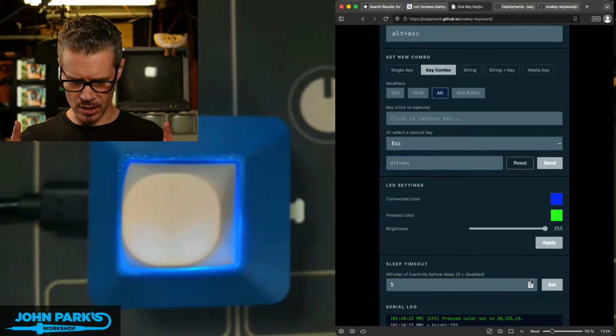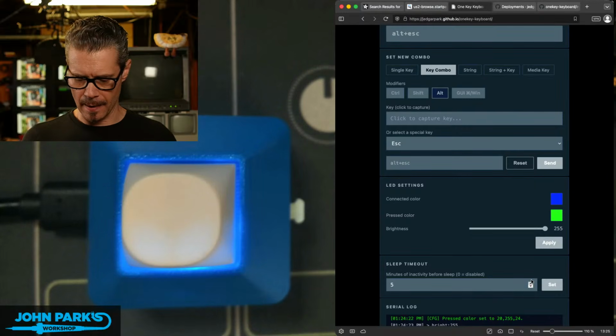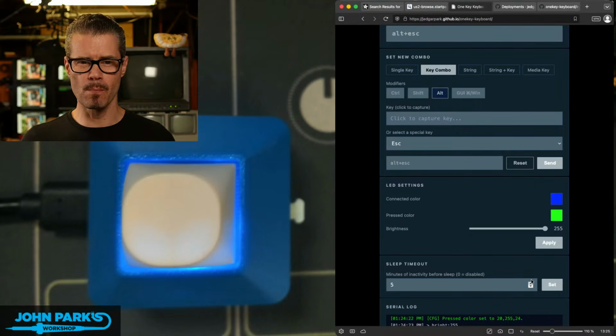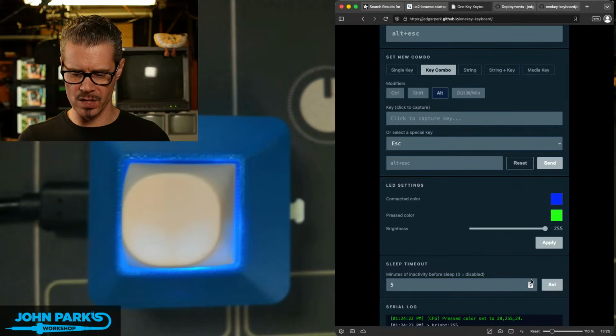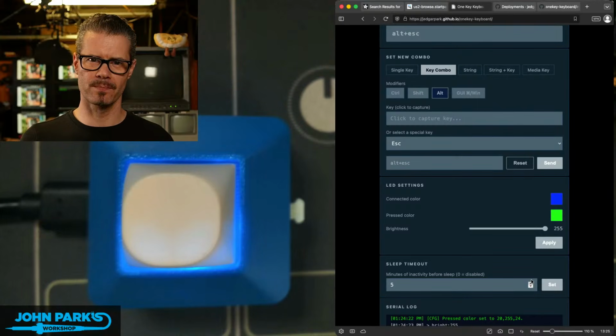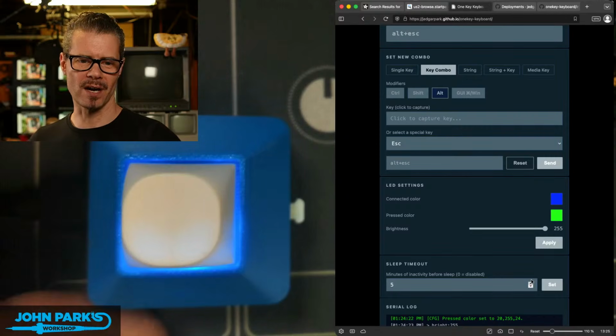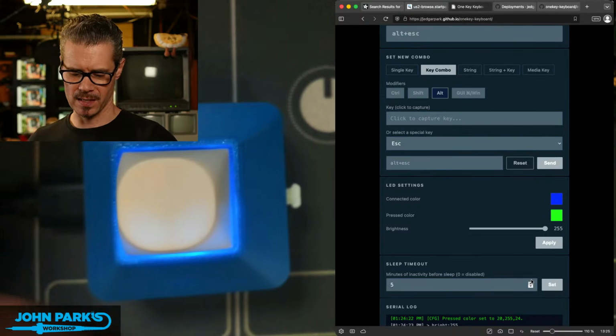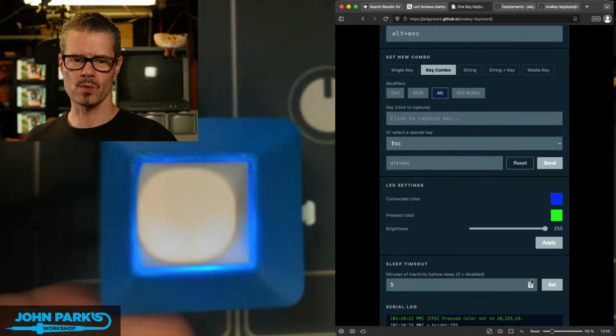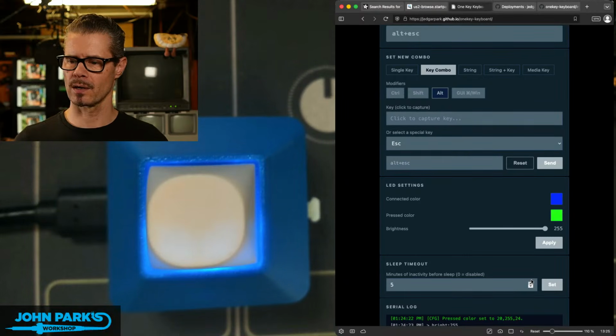And just because of how this is wired up, the A2 button that the BFF, the little mechanical key switch BFF defaults to, is not a watchdog pin that can be checked during deep sleep. So I decided I'm just powering it off and on when it's running on USB power, and I've already got an on-off switch there, so that's how we'll activate it after that. But if I want to change this, let's say I'll go to 10 minutes